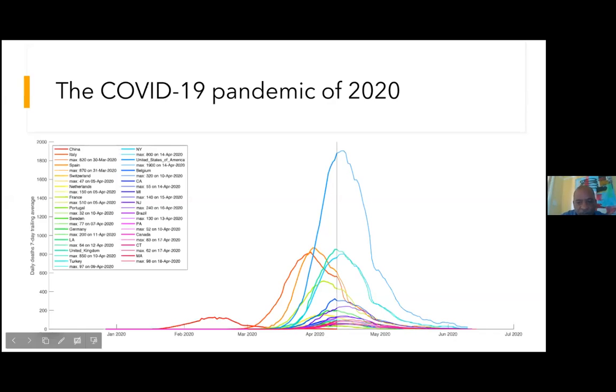So this red line here is China, right? China was one of the first countries, and you can see my cursor, right, that I'm moving here. So yes, I can see it. You can see that by February, China had almost 200 daily deaths per day. But by the beginning of March, China, because of their ability to institute very draconian social distancing,